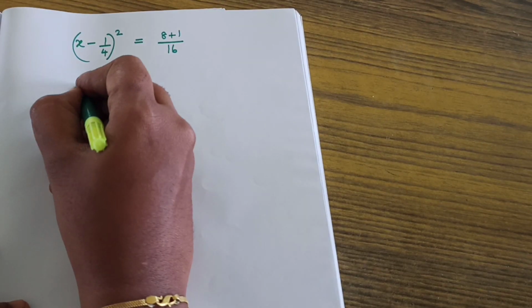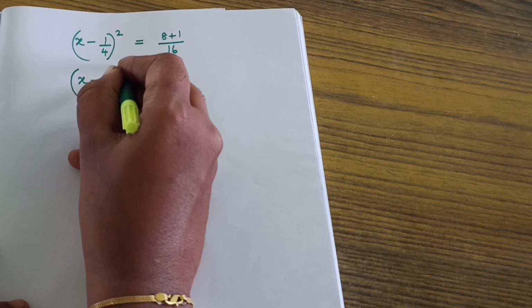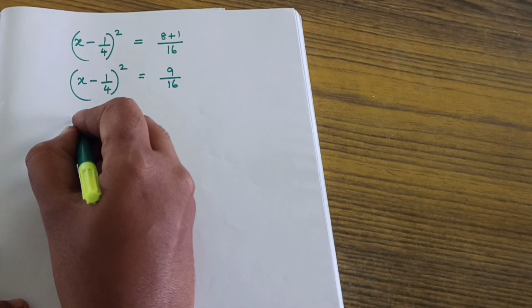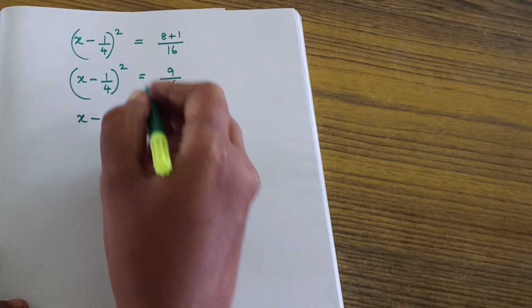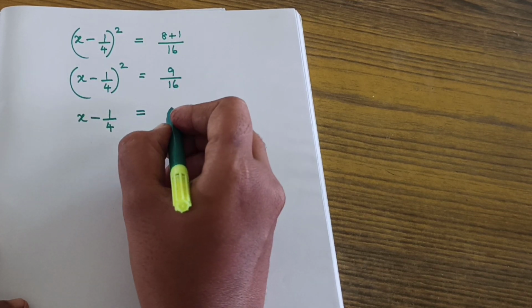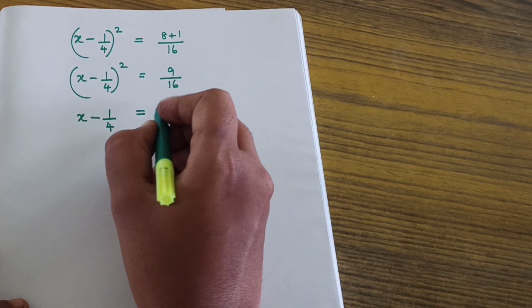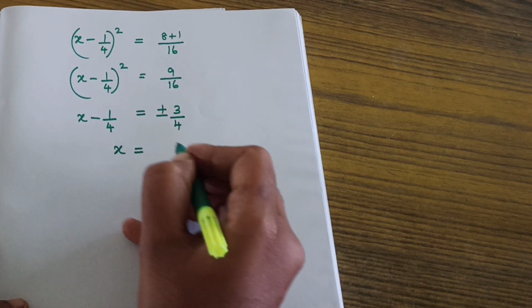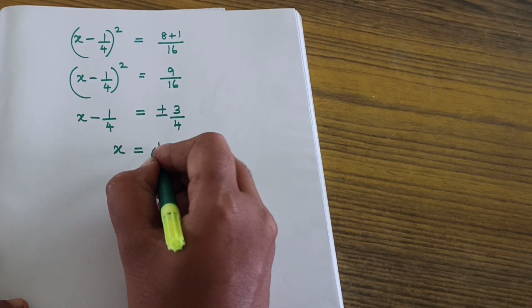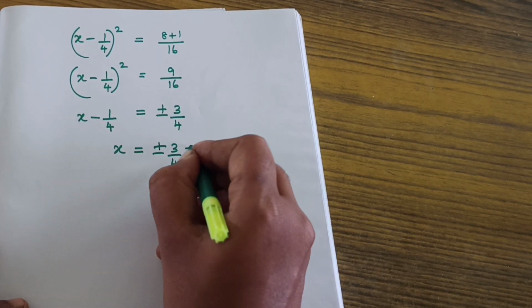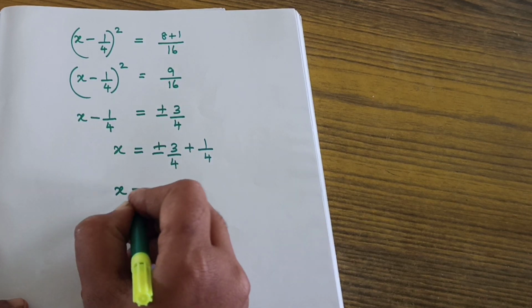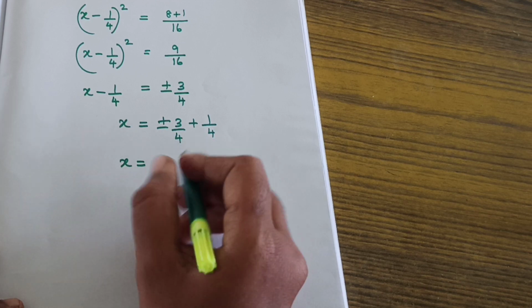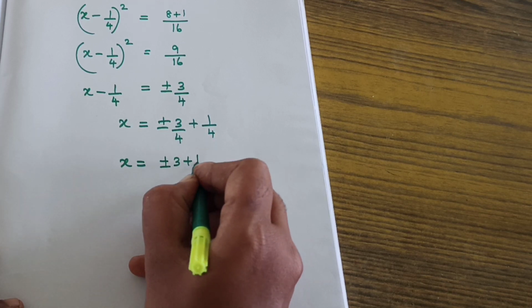Okay. Listen dear students, x minus 1 by 4 the whole square is equal to 9 by 16. Okay. Taking square root on both sides, x minus 1 by 4, square and root get cancelled, and here 2 values will come, positive as well as negative. What are the answers? Plus or minus 3 by 4. Okay. Then x equal to, this term we can transpose to that side, plus or minus 3 by 4 plus 1 by 4. Then x equal to 2 values, no? So separately we need to write. Since it is a like fraction, plus or minus 3 plus 1 by 4.